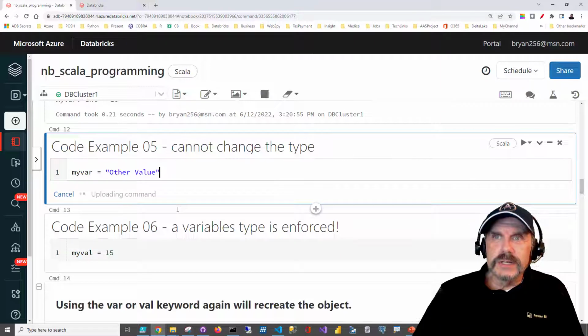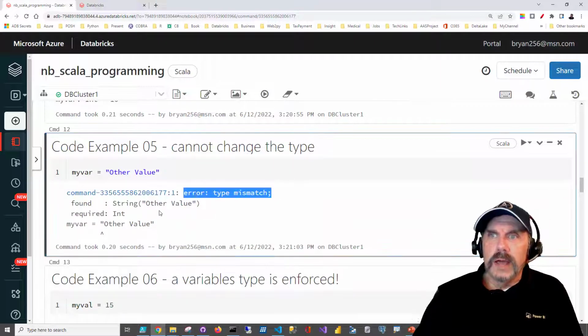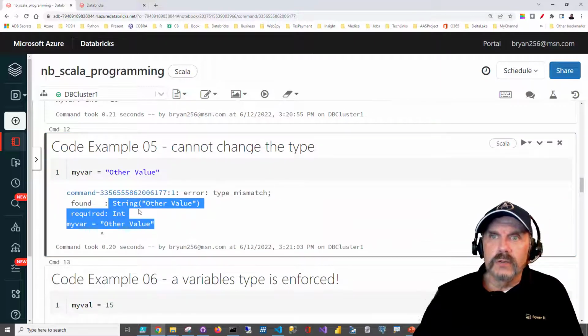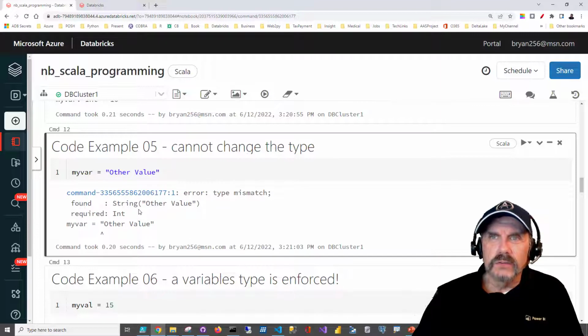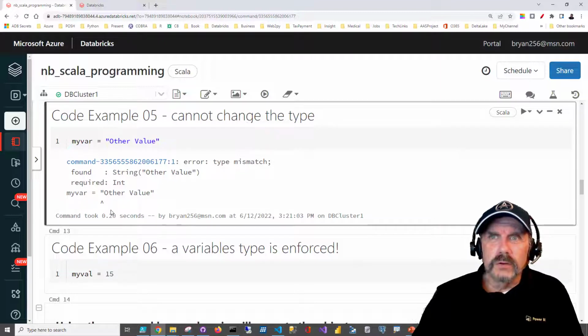We cannot, for instance, assign a string. You get it right here. Error: type mismatch. And it tells you cannot do that. So now we know it's been typed and you can't change it. And that's true of most programming languages when you go a little farther back, like C, COBOL even, Visual Basic, and those languages. Those were strongly typed languages, and so is Scala, because Scala is built on top of Java.